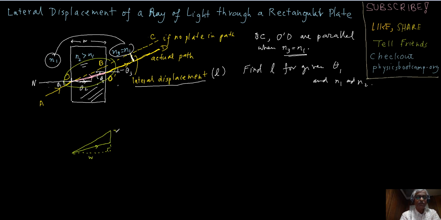Suppose I could somehow find this delta, then, looking at a triangle here, with these two directions,